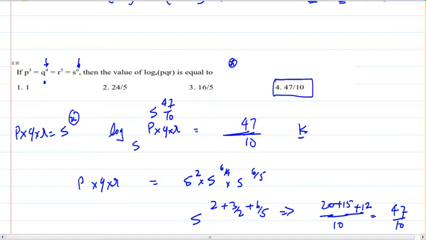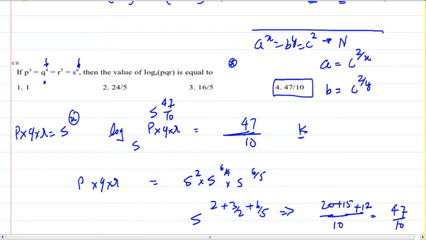In almost all such questions, if you have a to the power x is equal to b to the power y is equal to c to the power z, you either convert a in the form of c, b in the form of c, or you equate all with a new number and then solve further. So guys, these are the two golden rules for solving all such problems. Please observe. This was the first question, the second question that we have come across from the noon slot of CAT 2018.